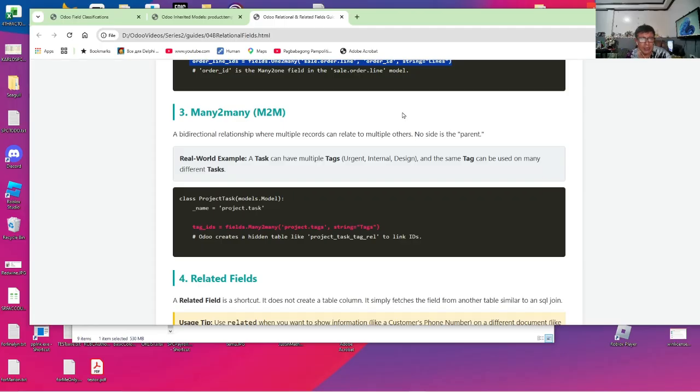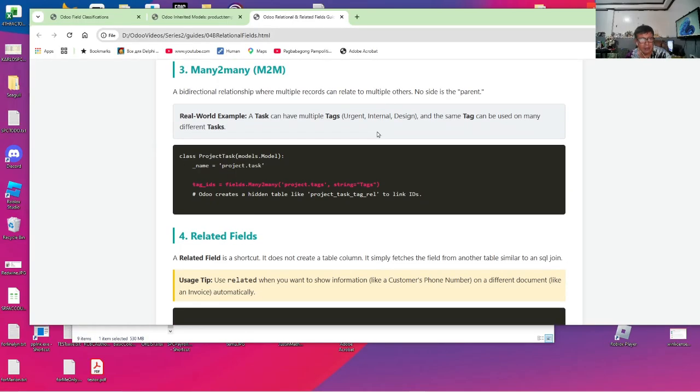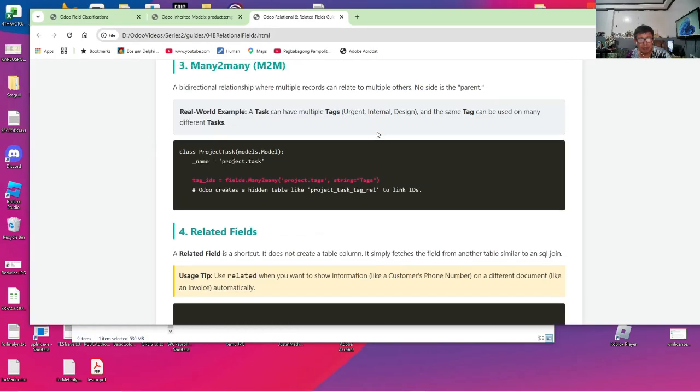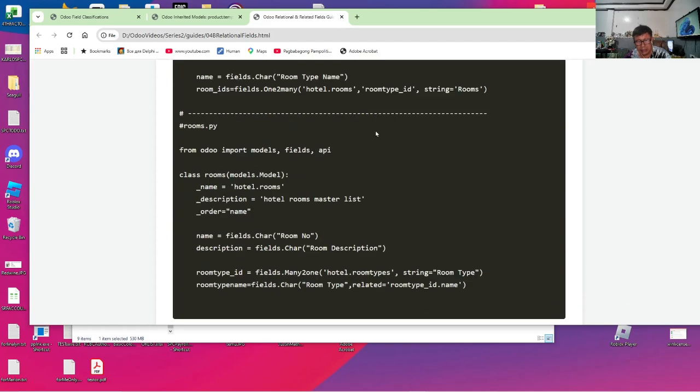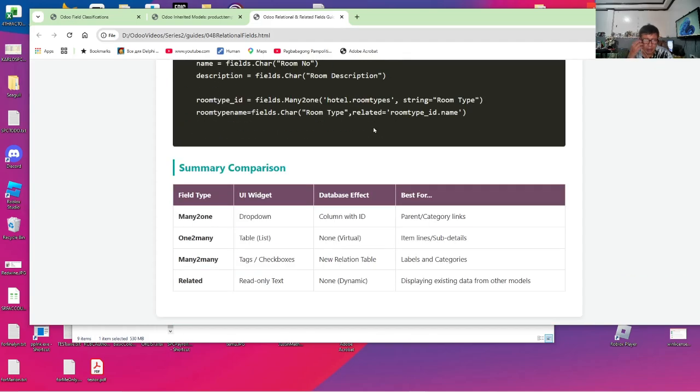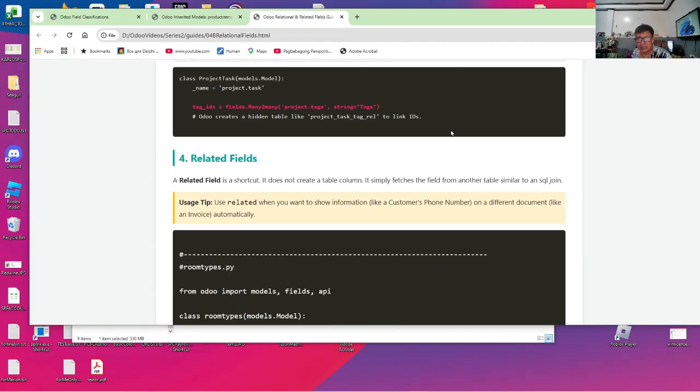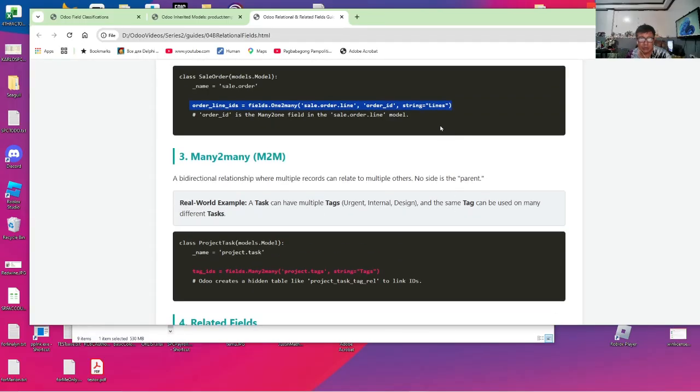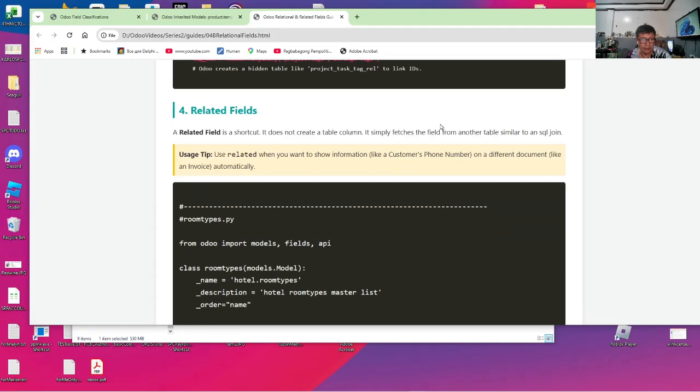Now the many to many relationship is much more flexible. It's a combination of the two where many records in one table can be related to many other records in the second table. In this case, there's no parent at all. Now, this is useful in creating drop-down boxes, labels and categories, tags and checkboxes that we use in our user interface.